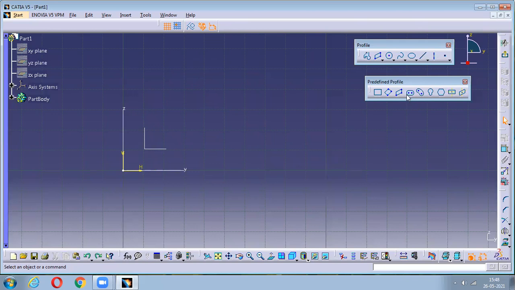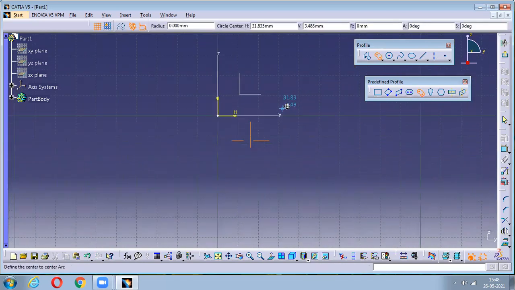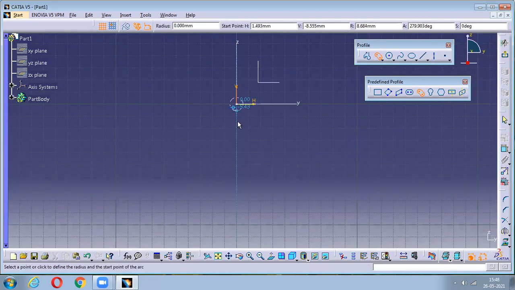So next we have this called a slot or elongated hole. This elongated hole plays a very important role in our modeling software. Okay, see, it is nothing but two holes. See, it is called a slot. So here you can assign the radius and the distance between these two circles later on. Got it? Yes, sir. So in the same way we have a circular elongated hole, which will be created just like an arc. The compass arc. So this is the center point.